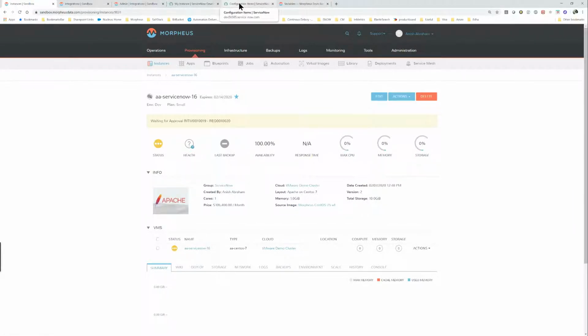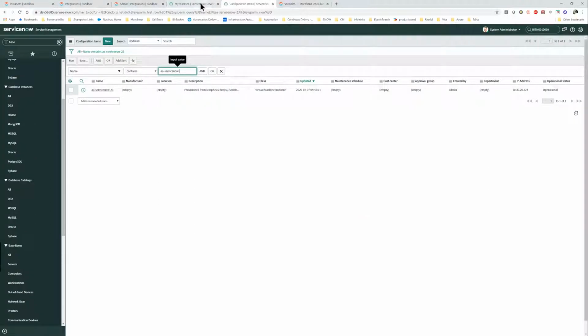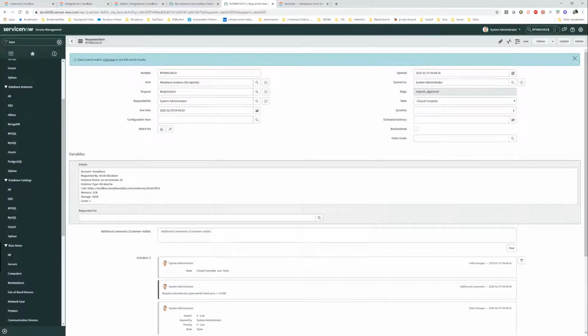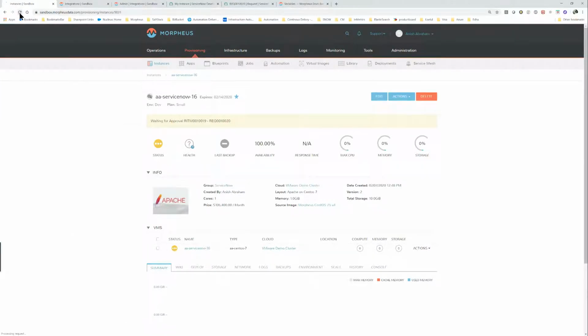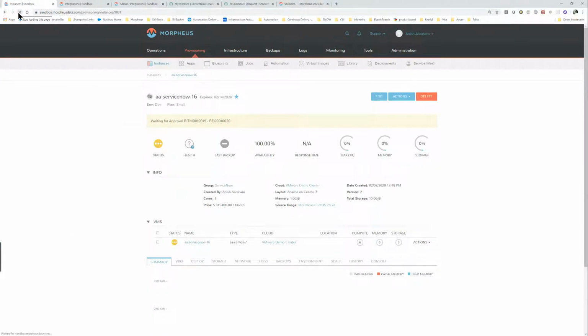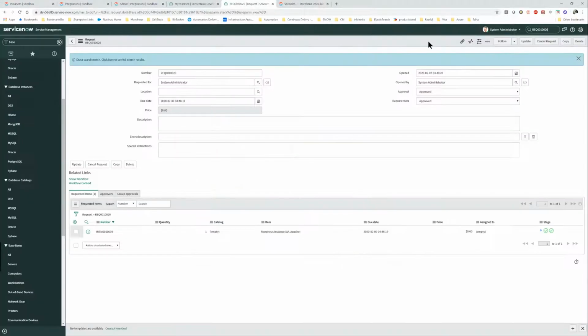Okay, give it a minute. Let's confirm if I updated it properly. Yeah, that's closed complete, and it should have a request number against it as well, which is this one. So if I search for this one, it should be in the approved state as well. Yep, that's all approved. So if I see the workflow,